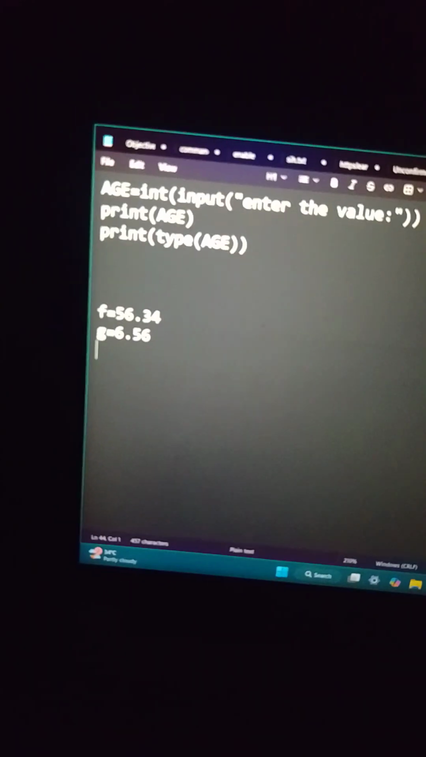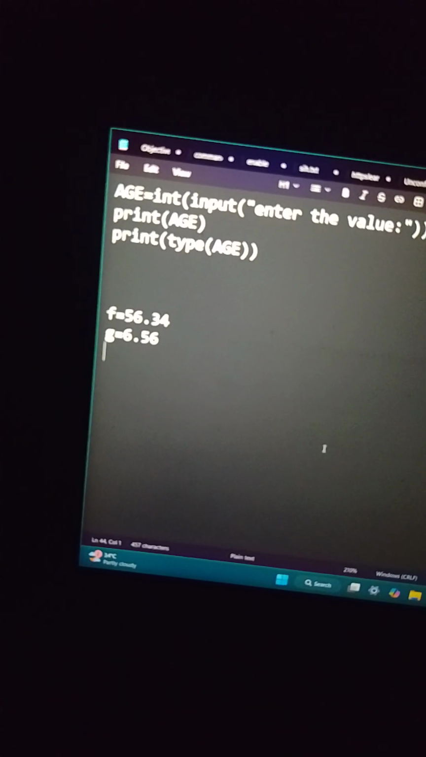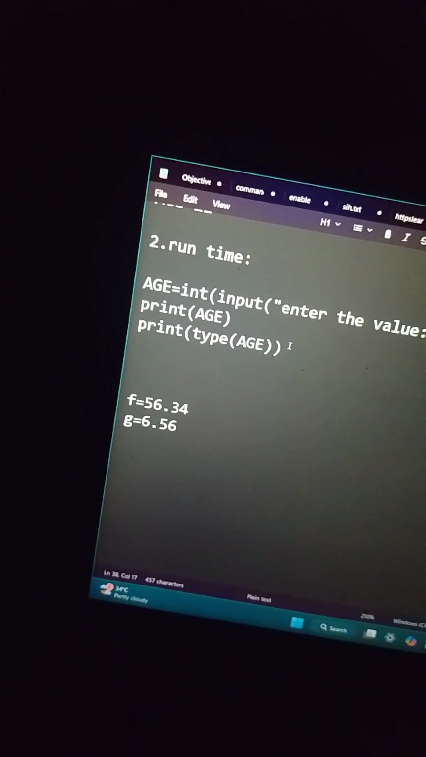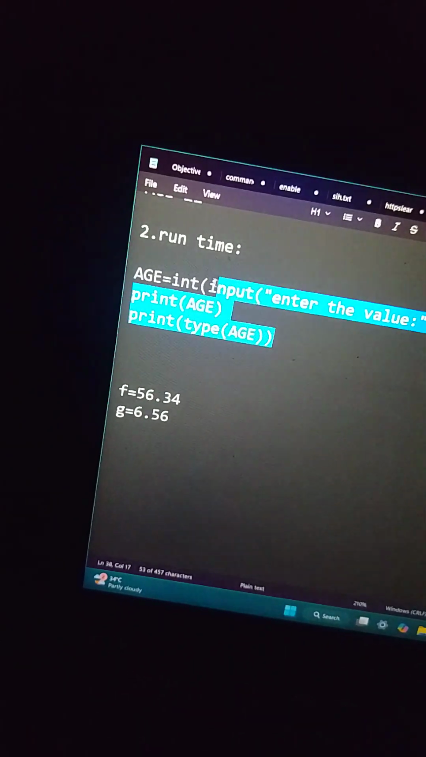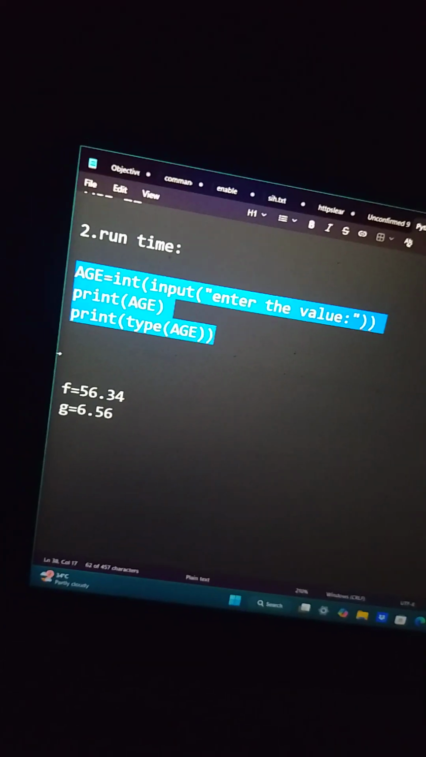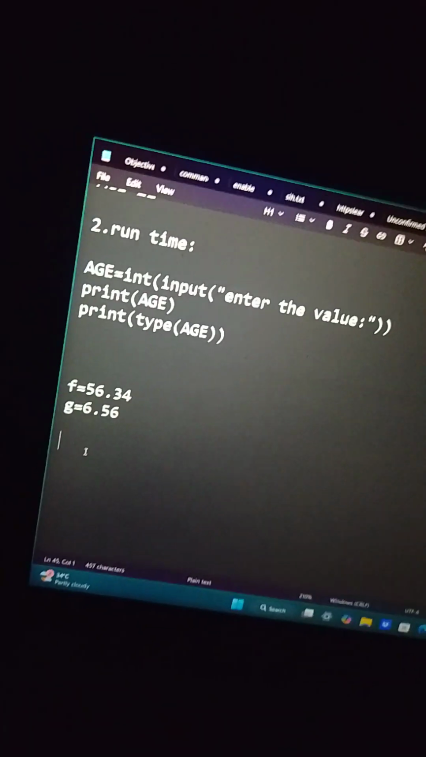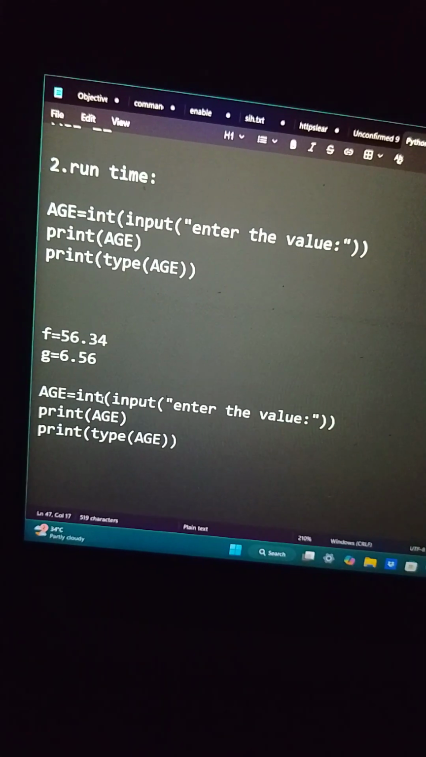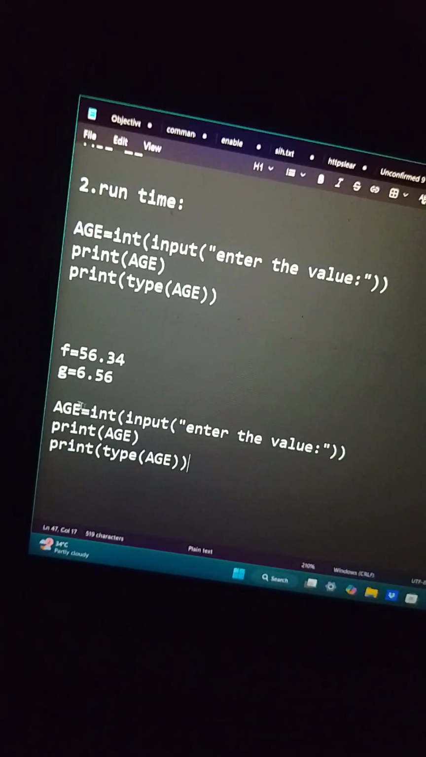And how to take float values? Simple. Same example I am taking. Control C and Control V. Age equal to